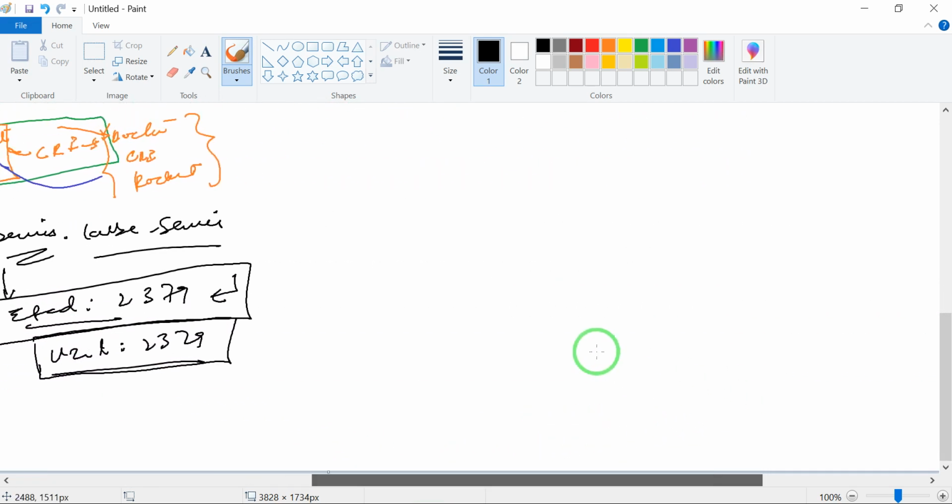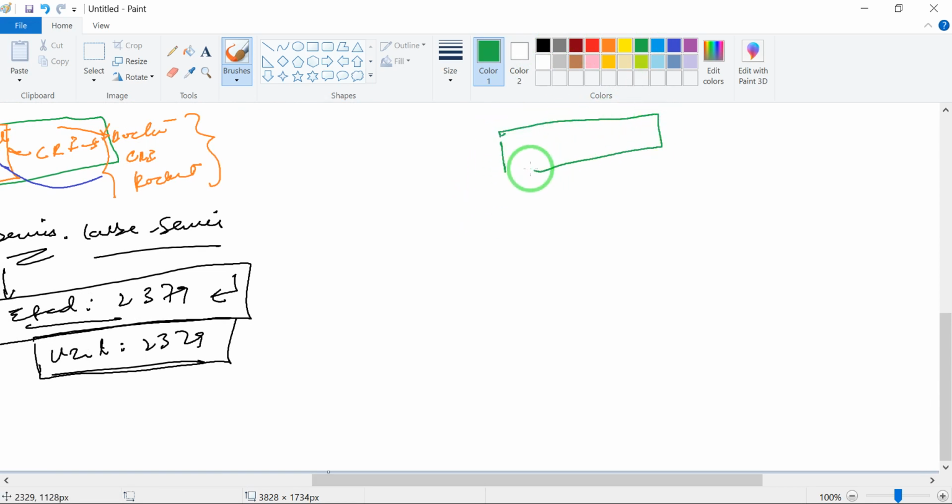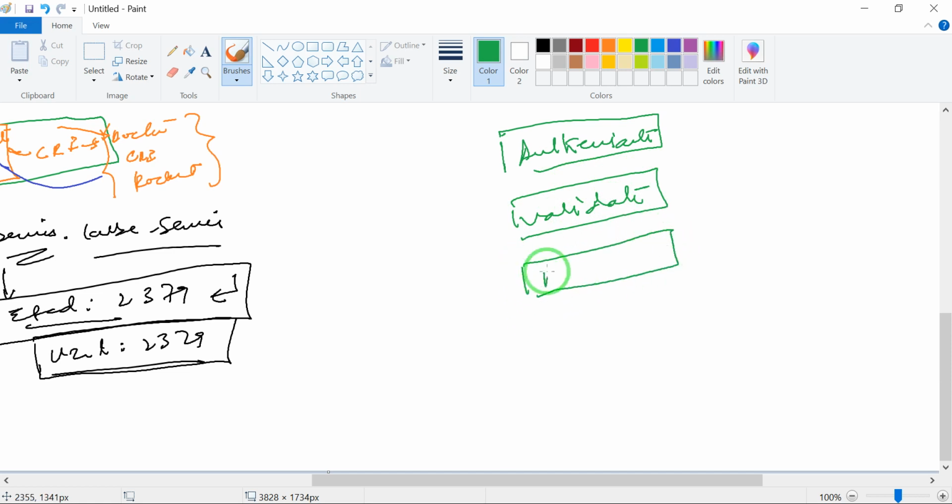So in a nutshell, we can conclude it like this. Kube API first authenticates, then validates your request, then it retrieves the data, and then it updates the etcd.